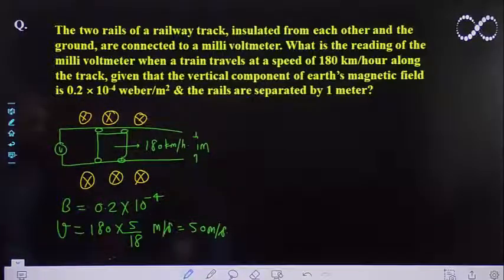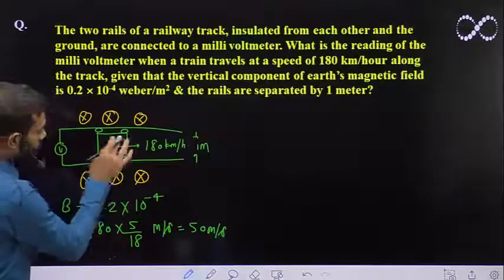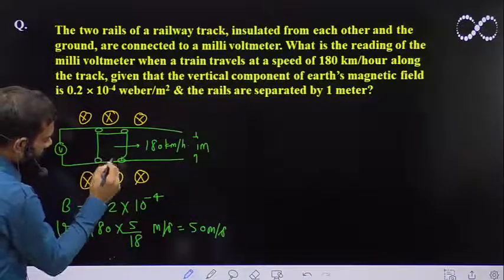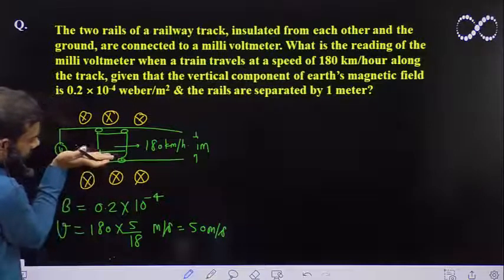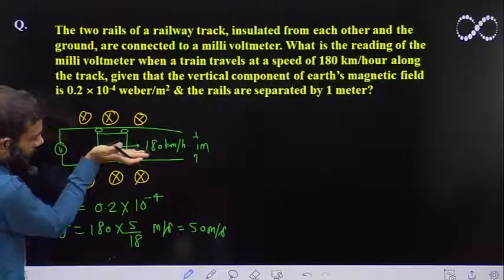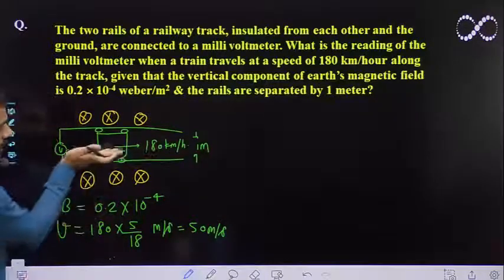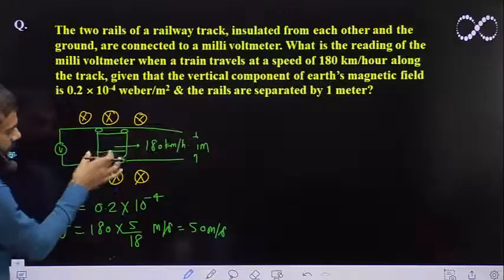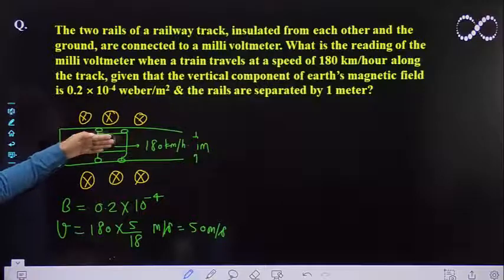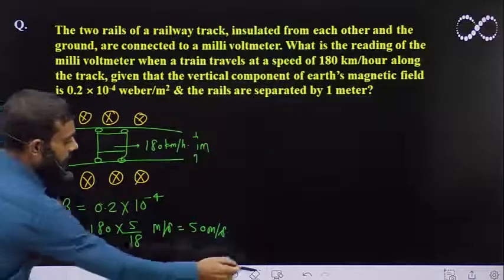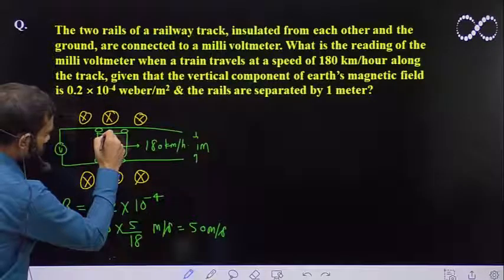Now you can see across which ends you will get the potential difference. See, you can't get the potential difference across these two ends, because here the conductor is having the velocity in rightward direction and these two ends are also having the velocity in rightward direction. So these are not perpendicular to each other. So obviously you will get the potential difference across these two ends